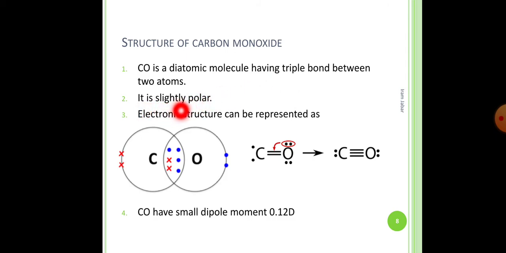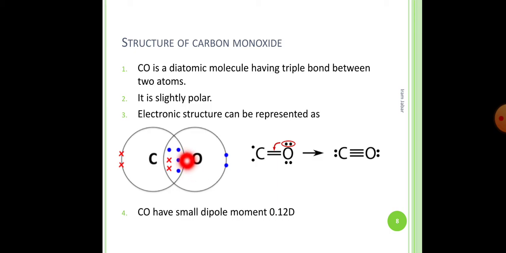Carbon monoxide is a slightly polar molecule. This polarity can be seen from this structure also. Carbon contains 4 electrons in the valence shell, which are represented by a red cross over here. Oxygen contains 6 electrons, which are represented with blue dots in this structure. Every element forms bonds with other elements just to stabilize itself and complete its octet. In order to complete the octet,